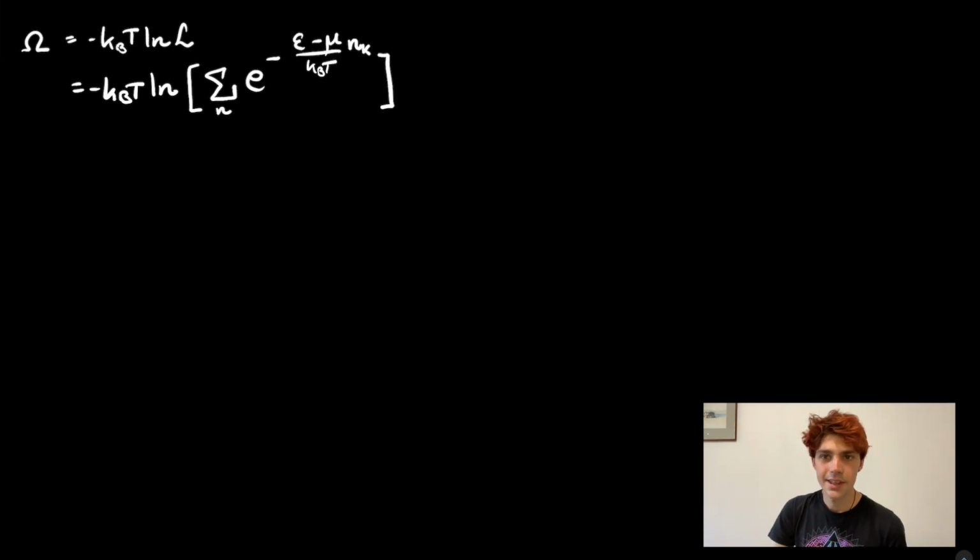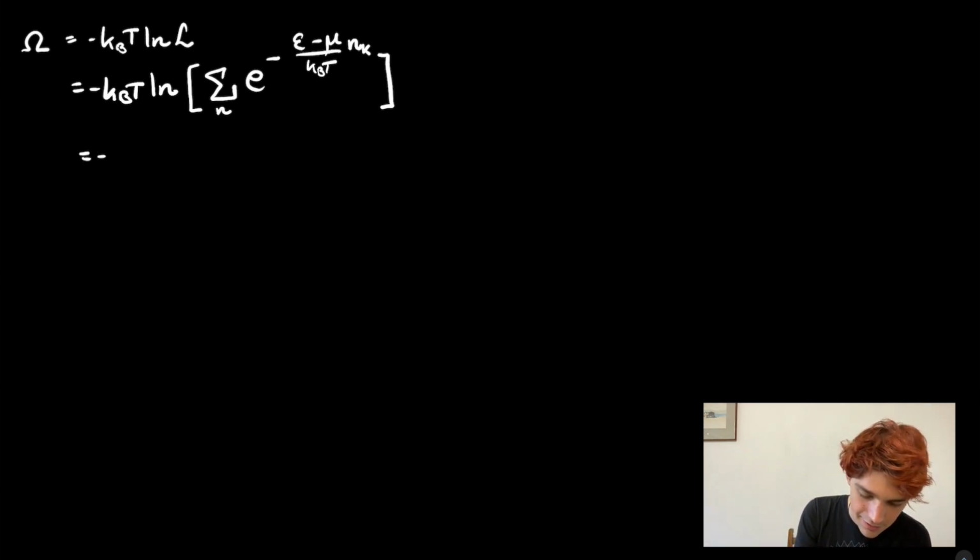So let's consider the example we have for fermions. This is the slightly easier example because we said just a few minutes ago that fermions can only have occupancies of 0 or 1. You cannot have a doubly occupied state, you can't have a triple occupied state. It has to be either 0 or 1, which is going to make this summation pretty straightforward. It's just going to have two terms. It's going to have the 0 term and it's going to have the 1 term.